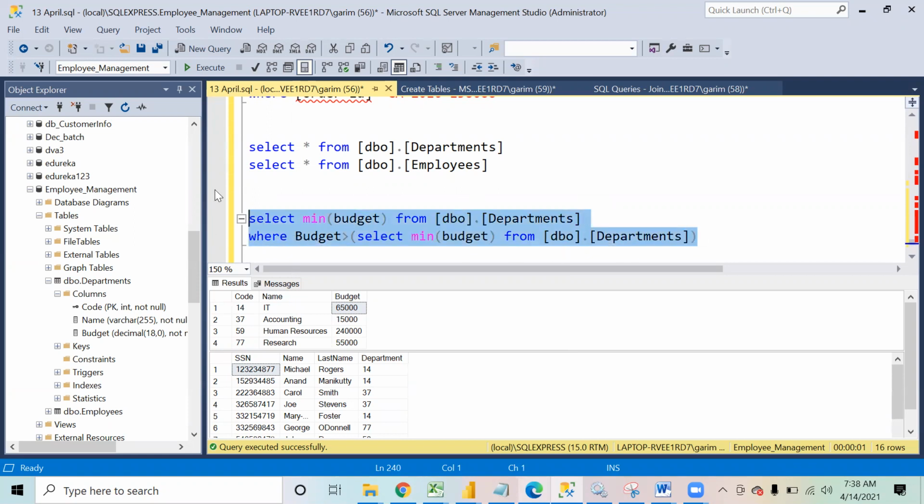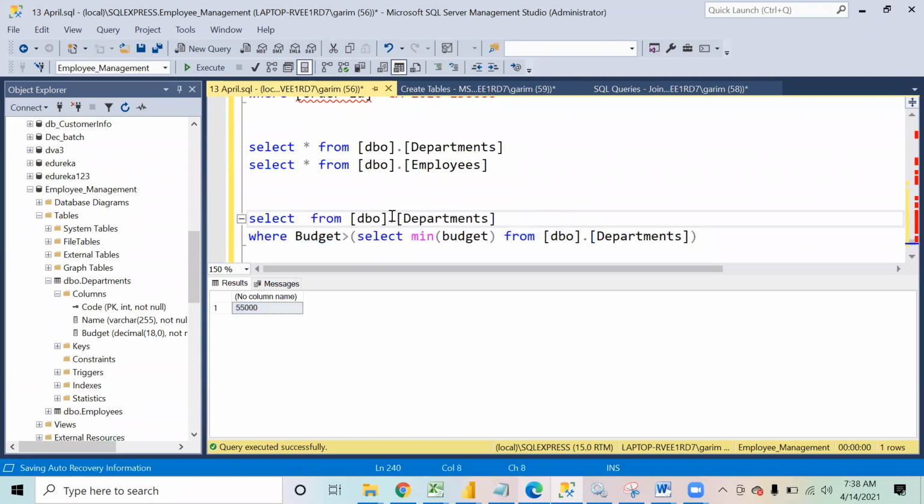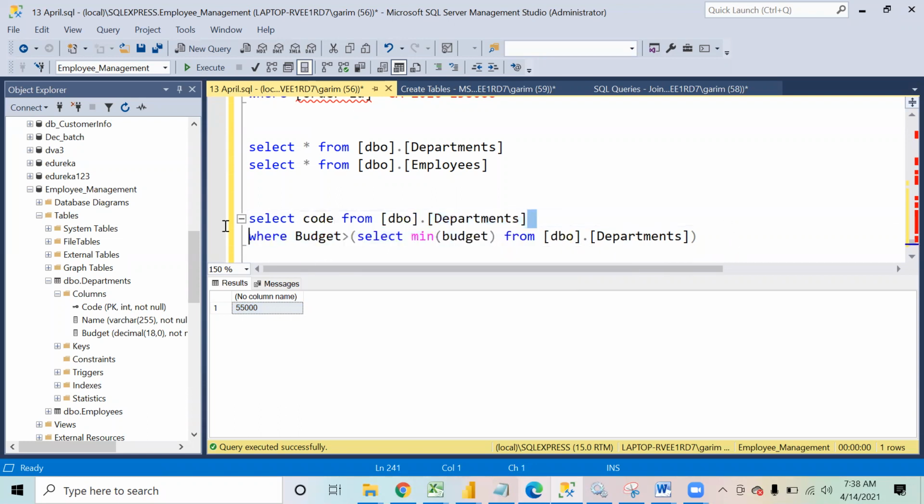Now this is going to give me the second highest budget. But my requirement is I would rather pick up the department code. So let's pick up the code only.